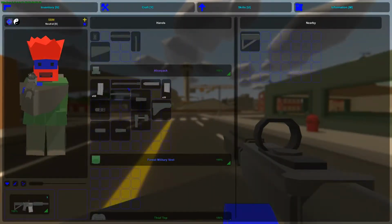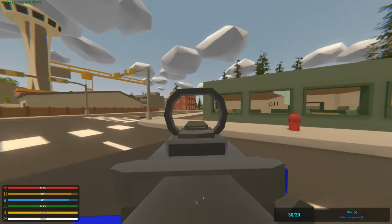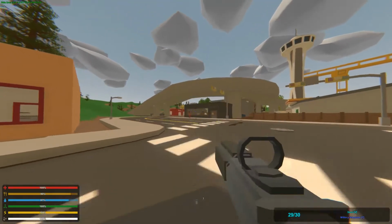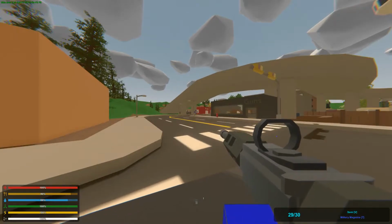Let me get rid of all the civilian stuff, because that's what this is. So if I get rid of all that, right here you can see we have ourselves an Eagle Fire. It's just a normal Eagle Fire, but we can put on a stealth barrel. That's an internally suppressed Eagle Fire. Could have put on a DMR barrel. I like putting on this in the Honey Badger stuff. And then I also like